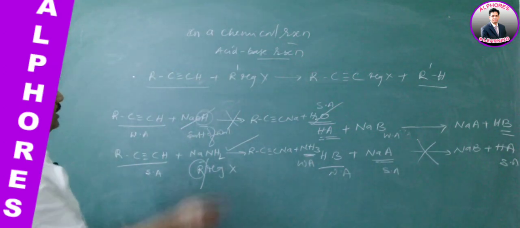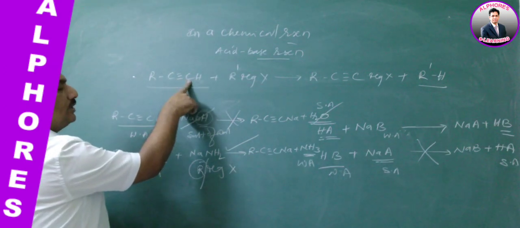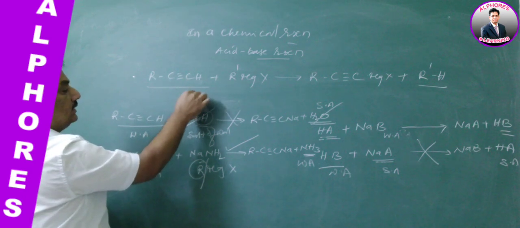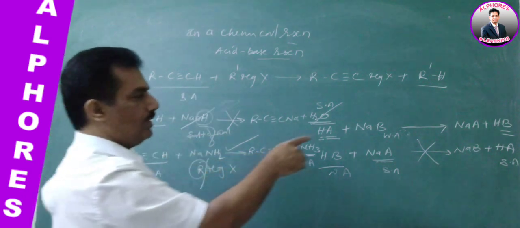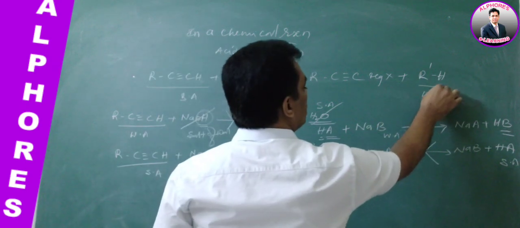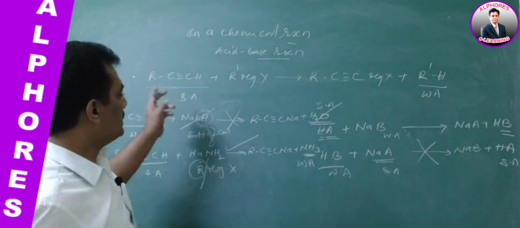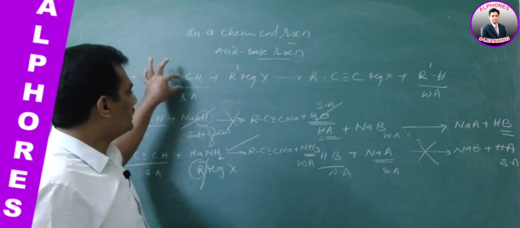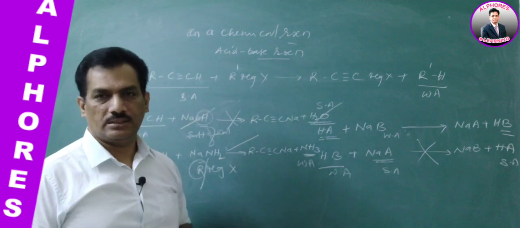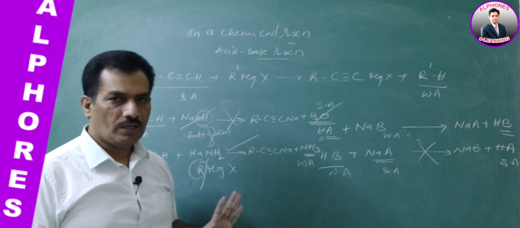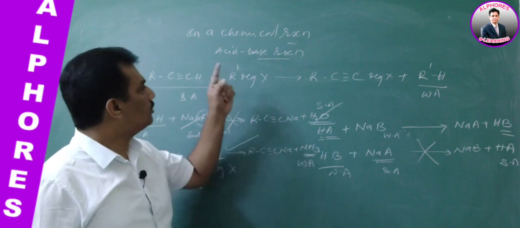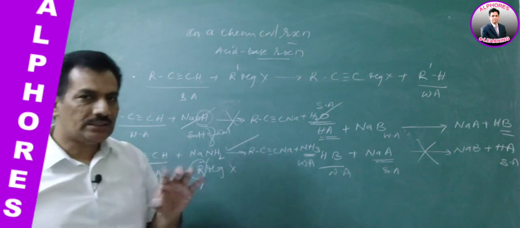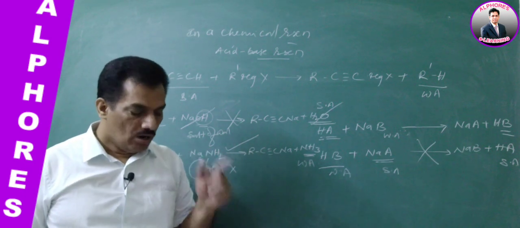Just already we know here, when hydrogen is present on a more electronegative sp carbon, it is a strong acid relatively compared to this acid. That's fine. As this is replaced, it is a weak acid. A strong acid can replace a weak acid. Are you following? Just remember, in any chemical acid-base reaction, a strong acid can replace a weak acid. How to compare?